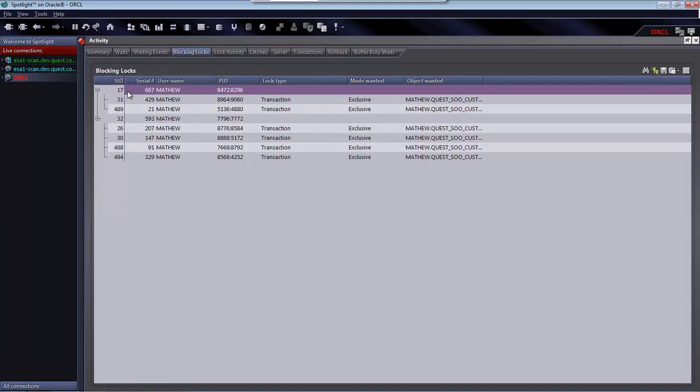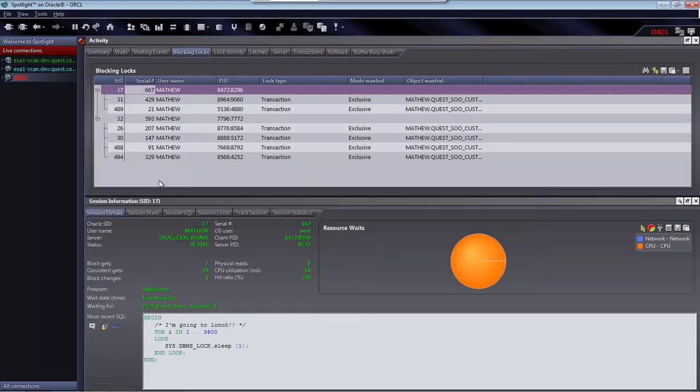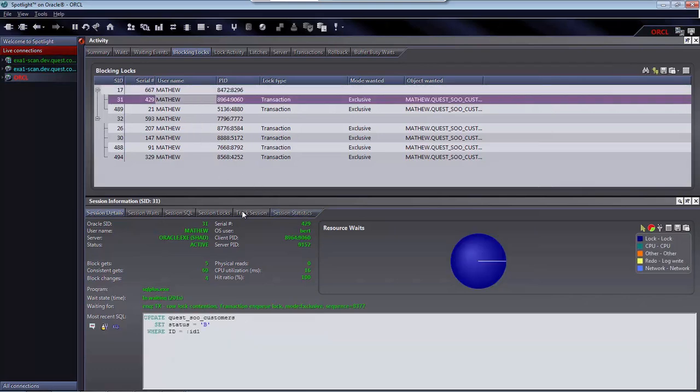By selecting a session, I can see all the data that Spotlight has on it, such as who's running it, from what system or application, the resources it's using, and the actual current statement that Oracle is processing. I can get even more granular information on these other tabs. If I select one of these sessions, they appear to have been in the system for a few minutes now. In the pie graph, you can see that it's spending a vast majority of its time waiting for a lock to be released. The current statement window tells me that the user is trying to update this Quest SOO customer